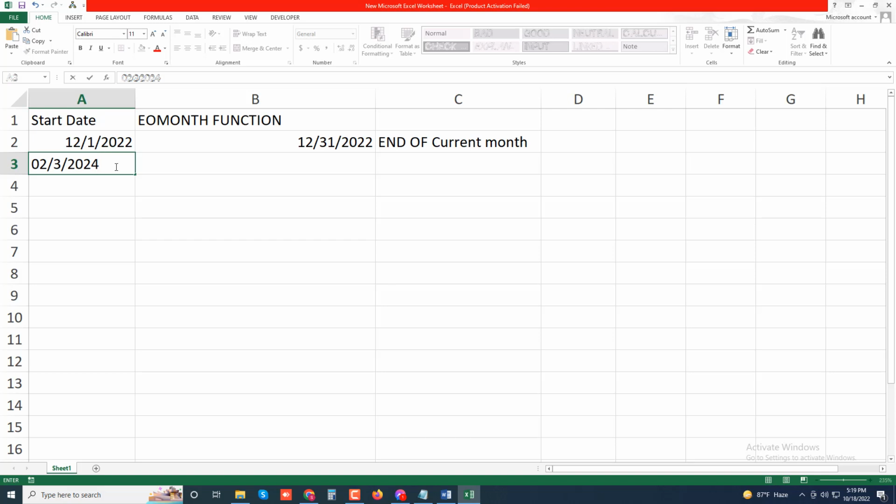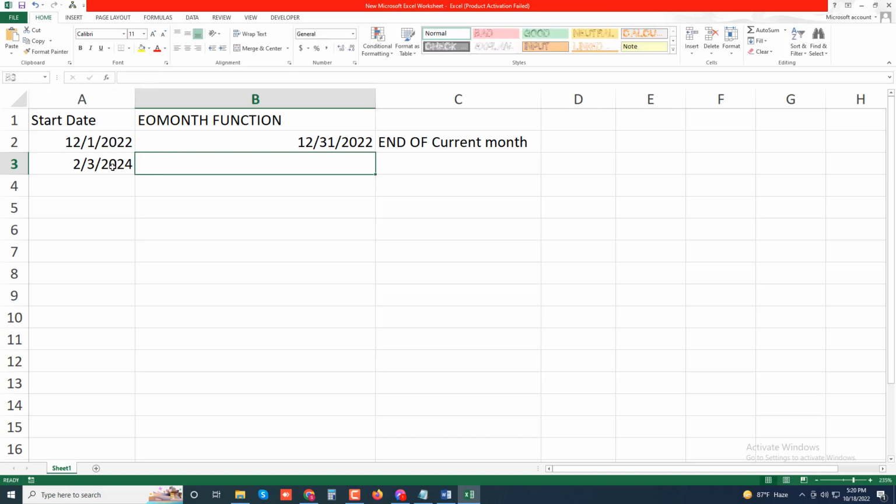We say the month at a set interval in the future or past. So 2024 is the future date, so I'm writing here the EOMONTH function, argument starting date, and using current month, then enter,